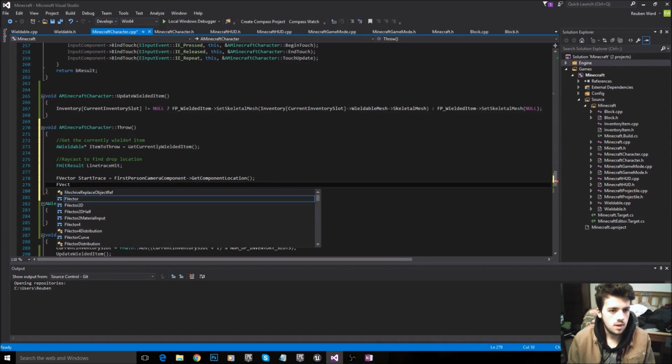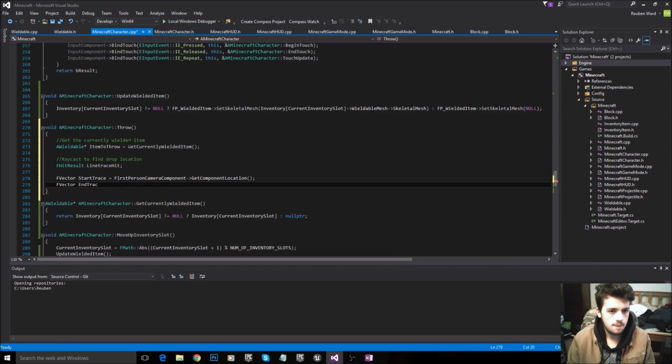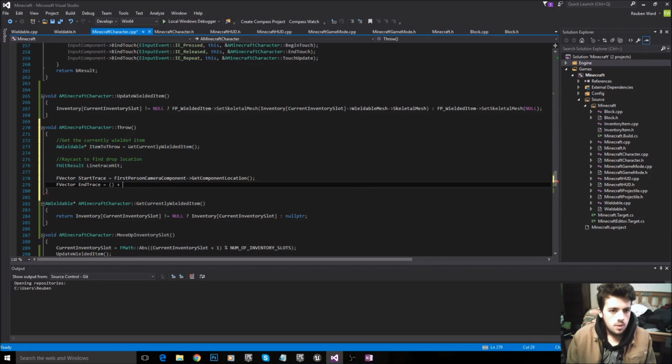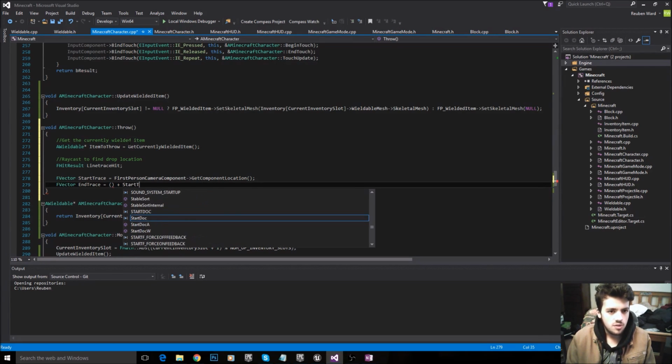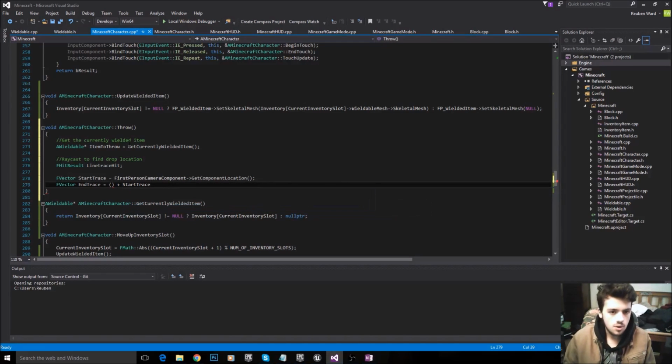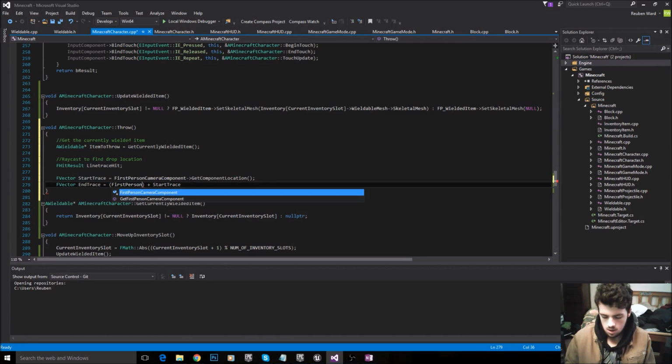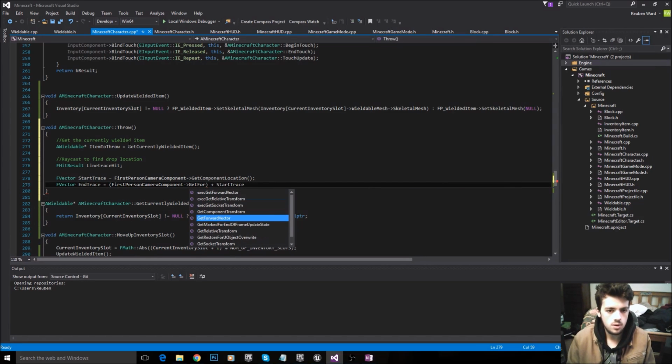We need the end trace, which is going to be equal to the forward vector multiplied by the reach, and we're going to add the start trace to that. So start trace gets added on, and we're going to say first person camera component get forward vector, and then we're going to times that by the reach of the player.